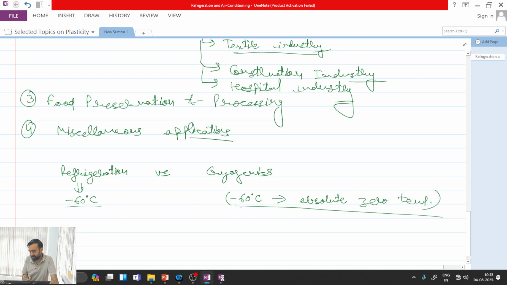So if I operate in the range from minus 60 degrees Celsius to absolute zero temperature, during that time, of course, I have to use the same refrigerating unit with large number of multi-staging or so, but the process will be referred to as cryogenics. Okay, and cryogenics has many applications, one of which, say, preservation of biological samples,